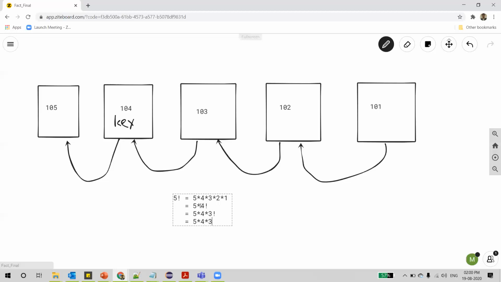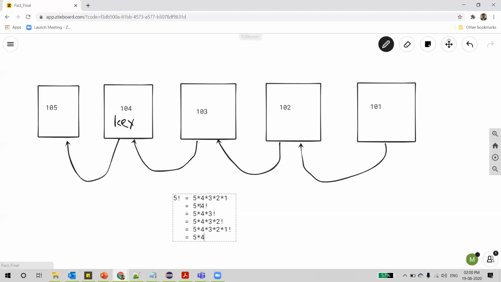If we know 2 factorial, we can multiply it with 3 to get the 3 factorial, and so on till we get the number as 1. So 3 into 2 factorial, then 2 into 1 factorial, and we know that 1 factorial is 1.